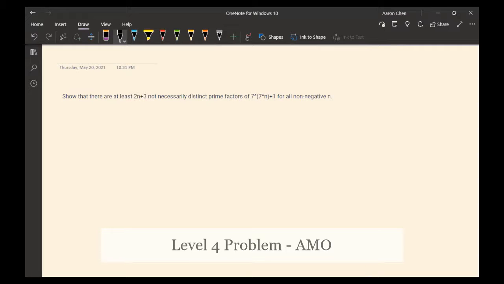So the other question is, show that there are at least 2n plus 3 not necessarily distinct prime factors of 7 to the 7 to the n plus 1 for all non-negative n. And so you can do this by induction. And so the base case for the induction